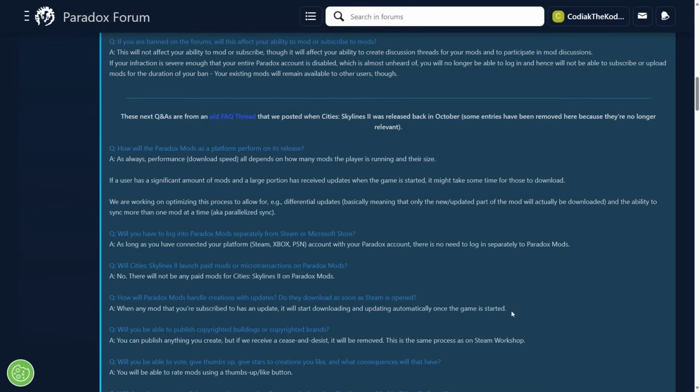On top of that, if you download Skive, I'm pretty sure this is how Skive works, because Skive is a separate application. It is also a service. So as long as Skive is running, it will actually update all of your mods before you even launch the game, which is really nice.